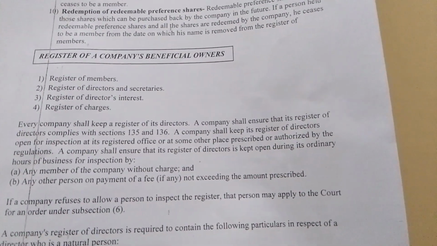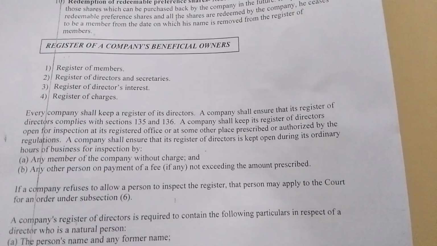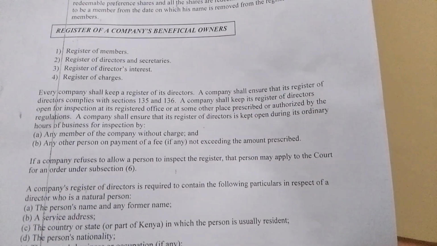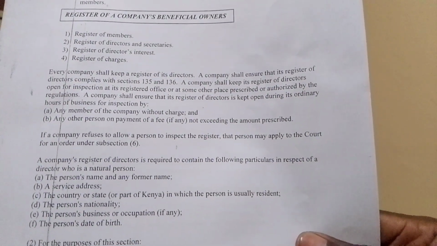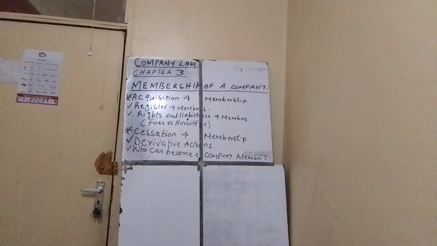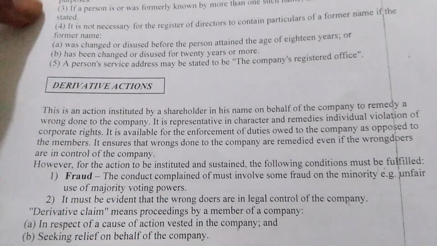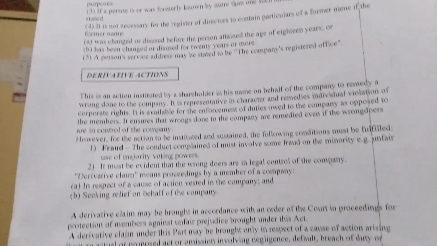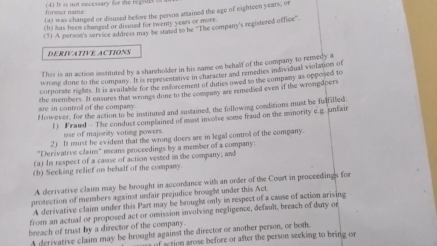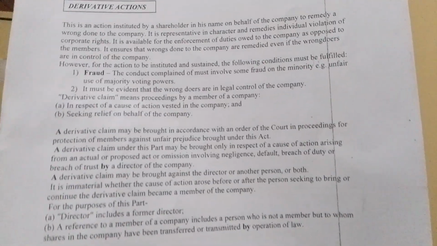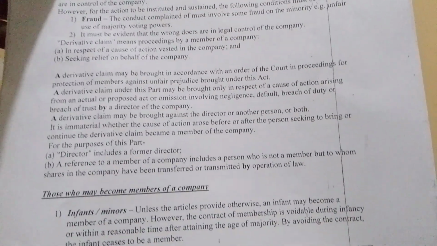For register of members, we've covered that. Directors and secretaries, we have mentioned a few things there. We'll be coming back to that later. Then we have winding up. We didn't complete derivative action. Check what is derivative action, and ask your artificial intelligence what is derivative action with respect to